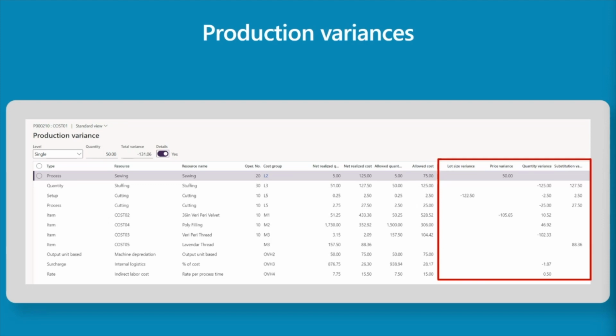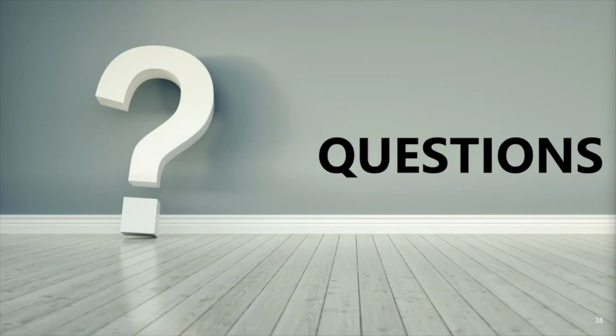The next question is, is there any way to allocate back the production variance into inventory every month end? Rachel? So I guess the qualifying question is, I'm not sure if you're talking about production variances from standard cost or production variances from a different costing methodology. If we're talking about standard costing, those variances are getting posted into specific GL accounts that you specify in your